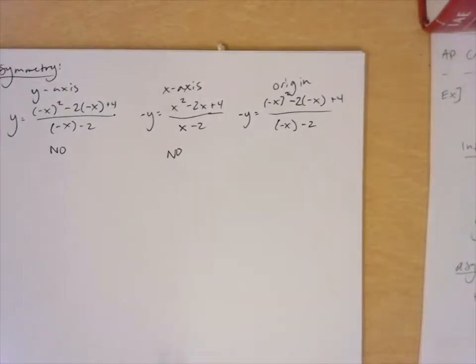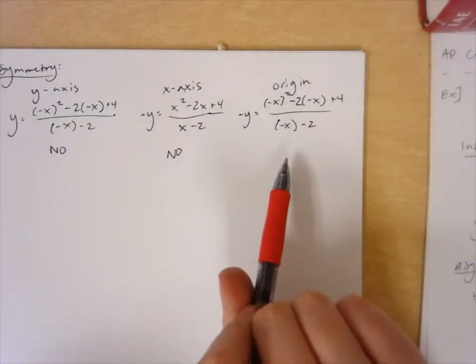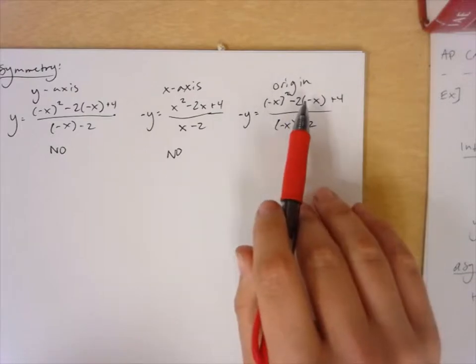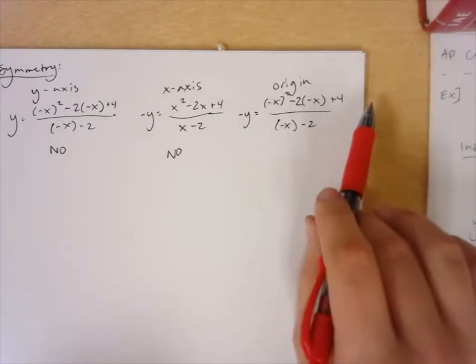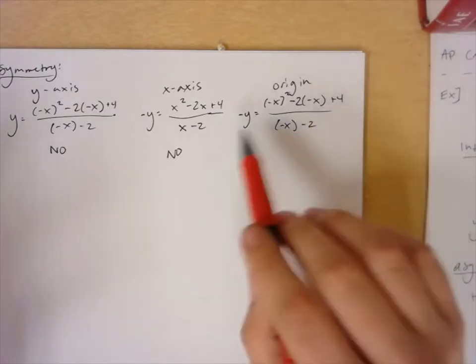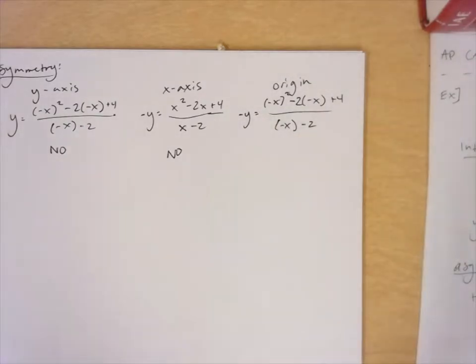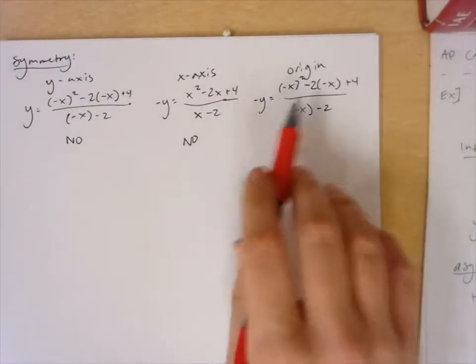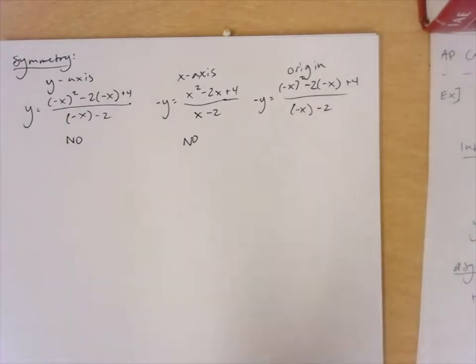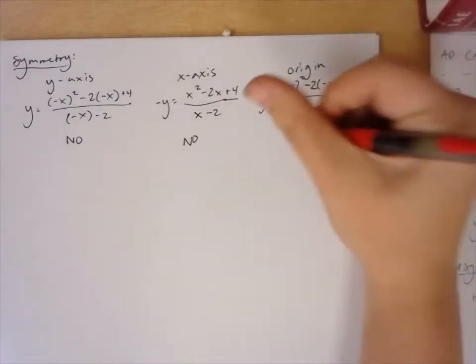Okay, so what's going to happen here is I'm going to have a negative x minus 2 and an x squared plus x plus 4. And they would be equivalent equations if I could factor out a negative 1 from both sides and then get the same equation I started with. But I can't do that here. My signs don't really match, and it's not going to give me an equivalent equation, so I'm going to say